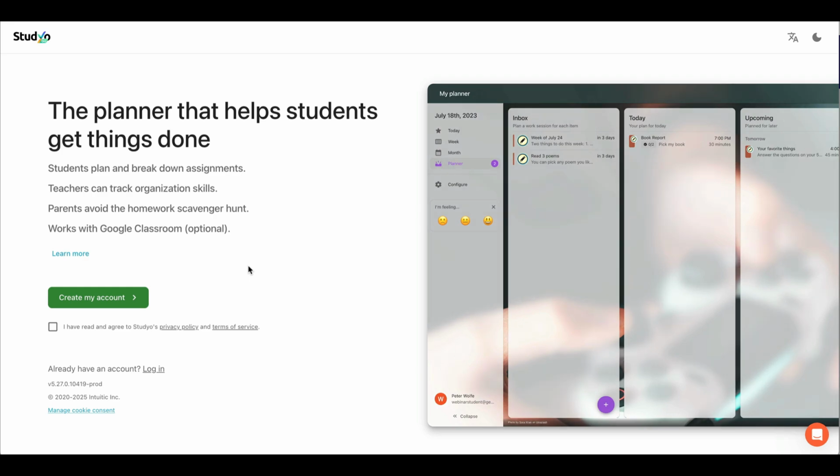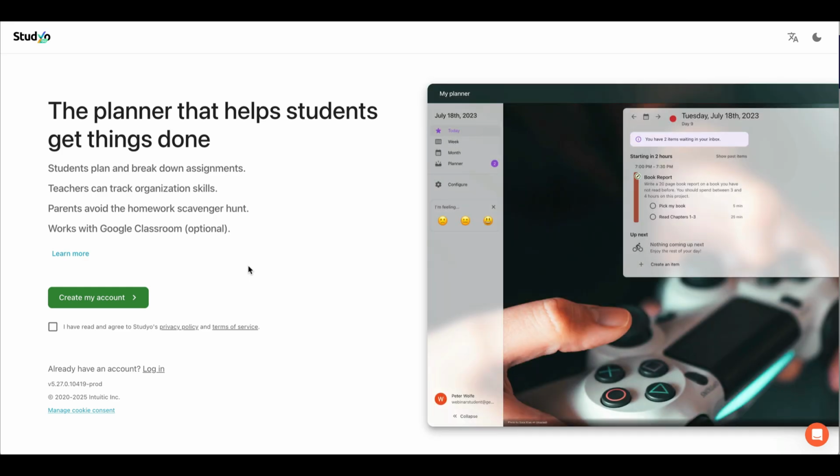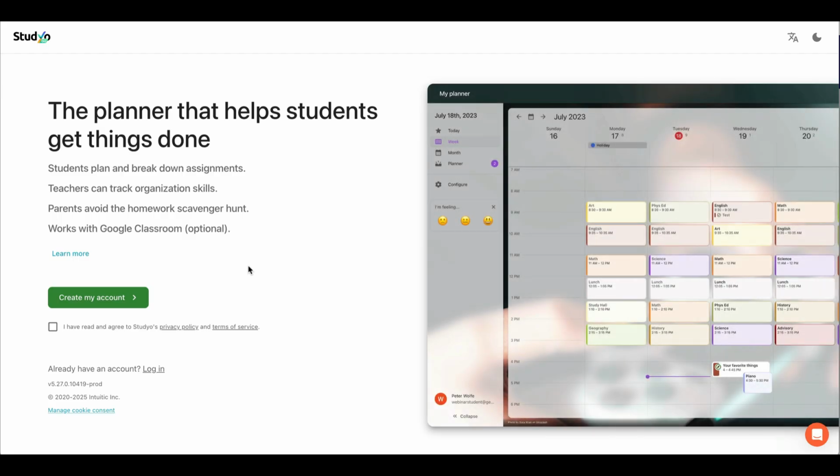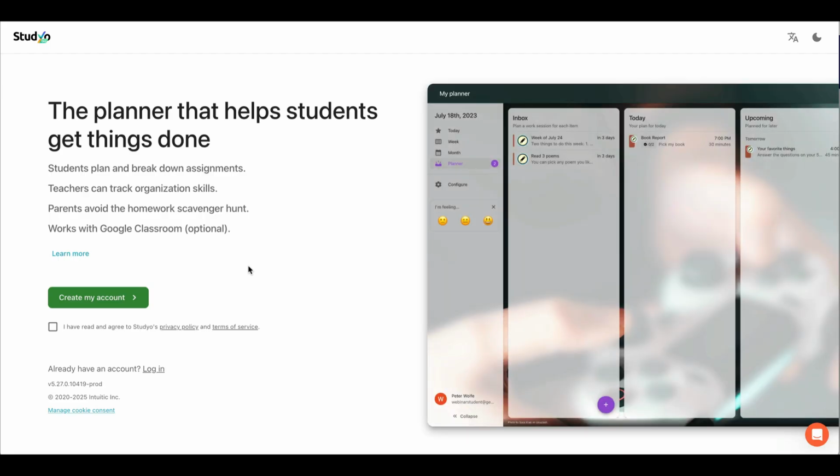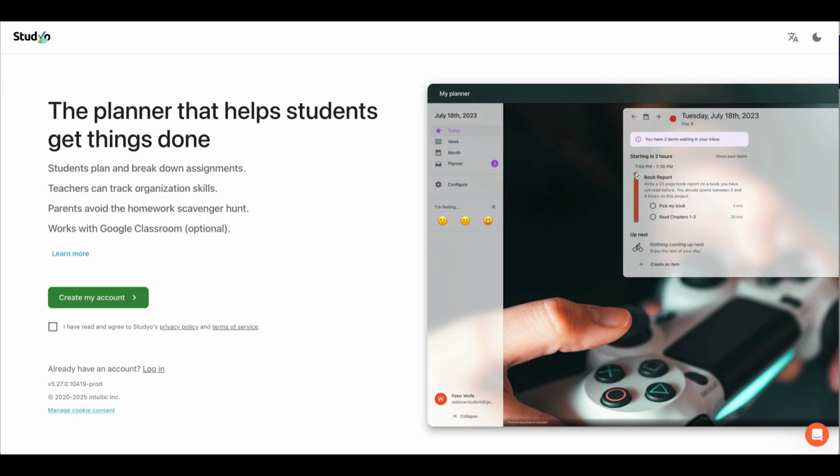Hi, this video is about starting your setup as a school administrator or teacher when you want to invite other teachers to participate in Studio Go. Ultimately, this will bring you to invite students and set everything up, but we're going to start simple and just get things started. The first thing you need to do is go to the Studio Go app, so go.studio.app on